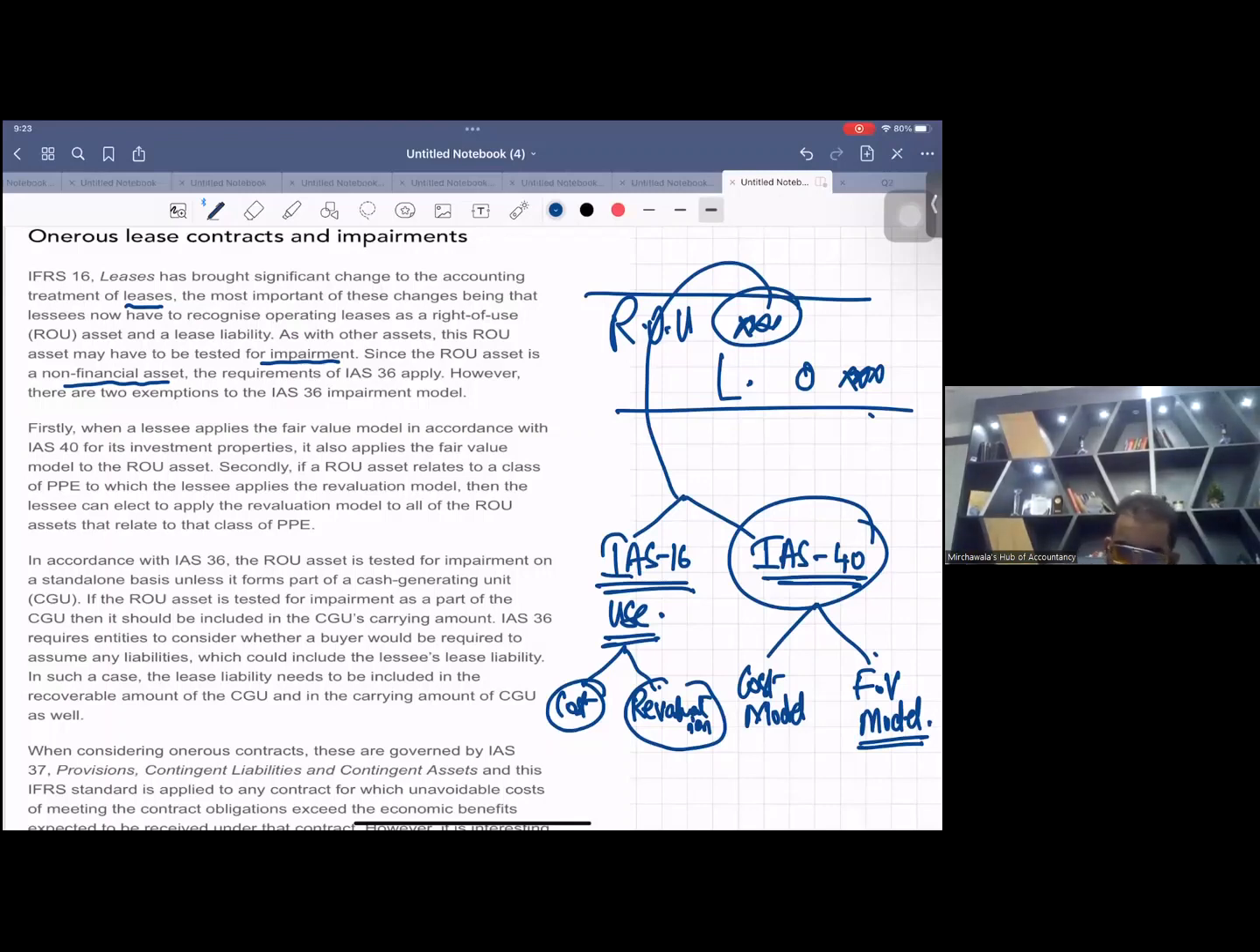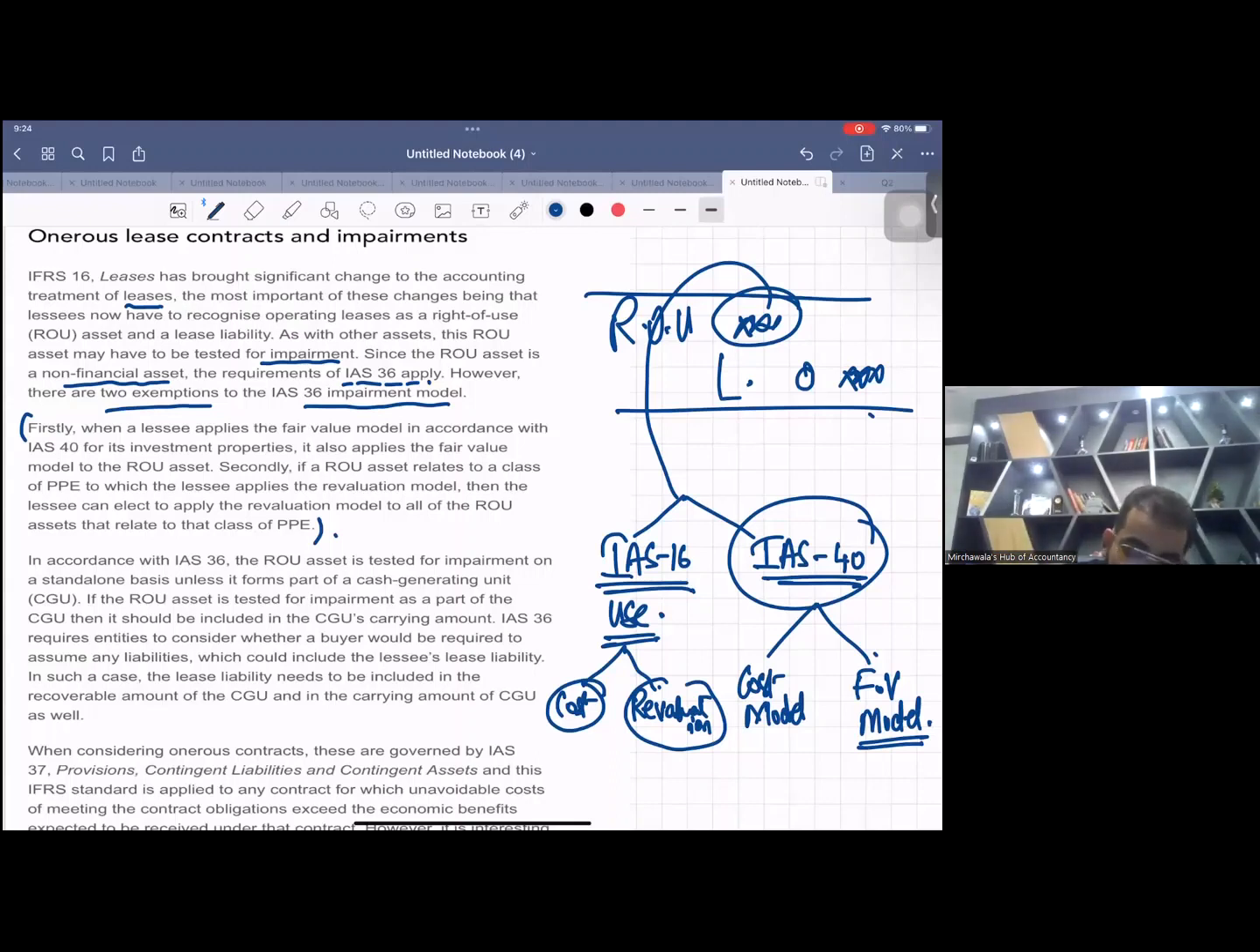However, there are two exemptions to the IAS 36 impairment model. You already know these exemptions if you have taken the lecture of IAS 36. Look here. Don't sleep now. Look at the screen very carefully. Firstly,